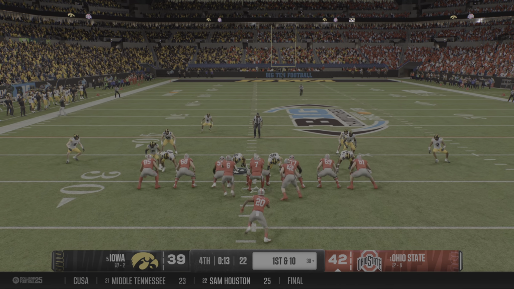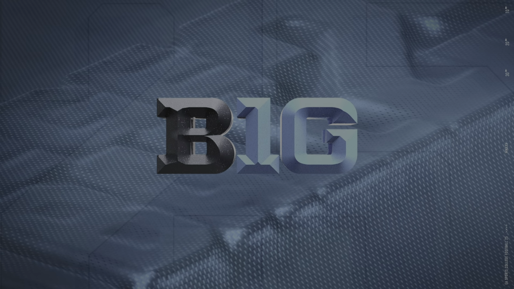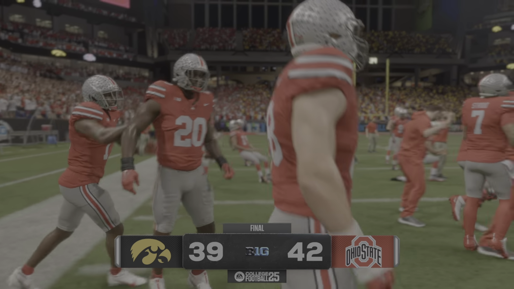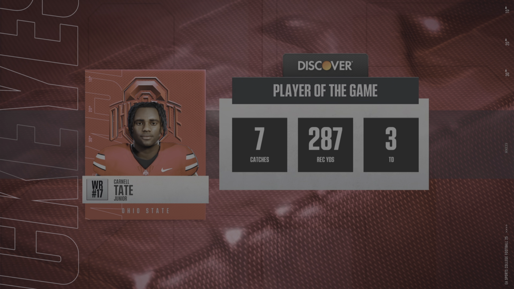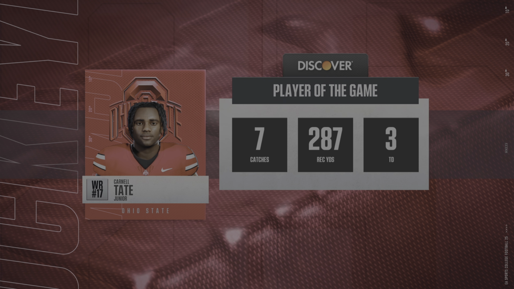So the job is simple here. Just take a knee, run out the clock, and begin the celebration. It's always a special year when after all the work you put in, you can call yourselves champions of the Big Ten. And now with the playoff spot locked up, the spotlight gets even brighter. We're going to find out where they're going to be playing as they continue to pursue a national championship.